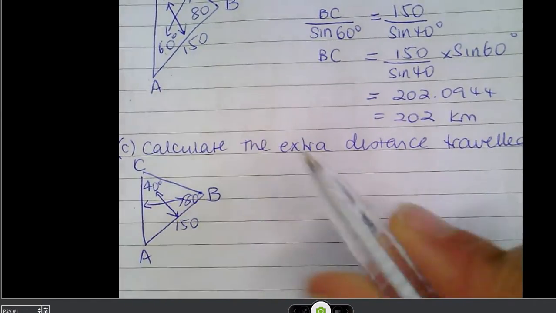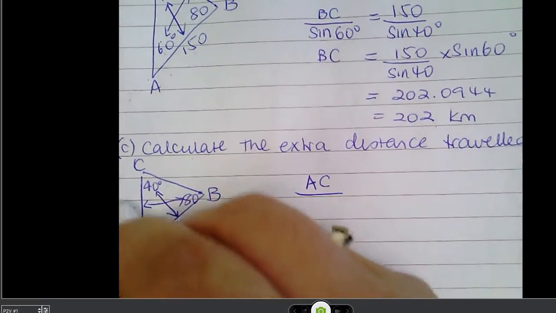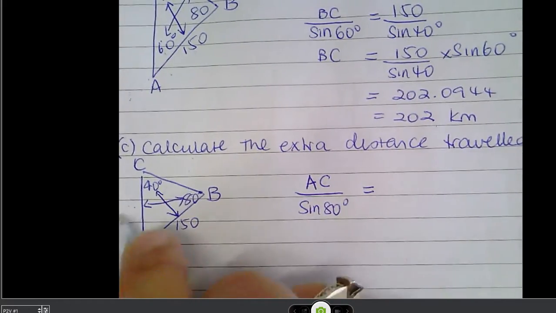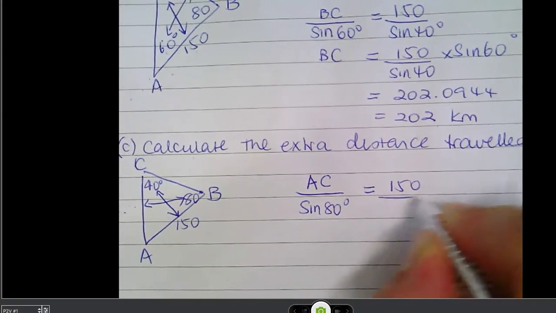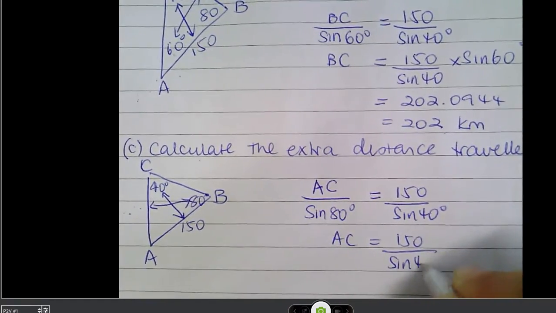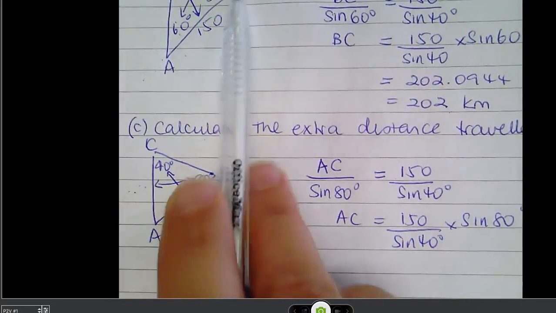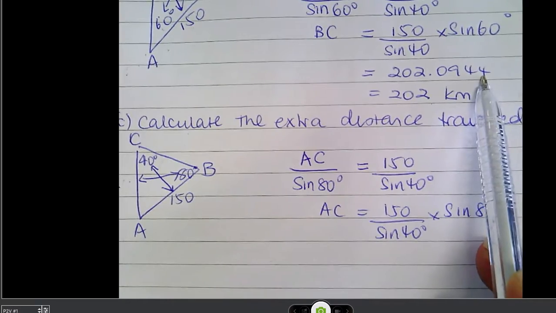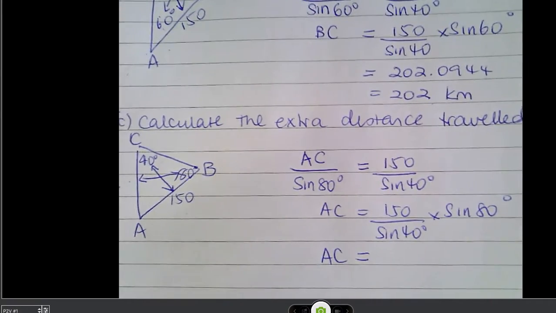So we want to find out AC. AC over, I want this distance, over sine of 80 equals, let's go, 150 over sine 40. They are not rounded. That's why we choose to use that pair. The other pair is a pair, but if you were to use the 202 kilometres and the 80, you'd have to use the non-rounded version of the 202 kilometres. So it's just much easier to use the original data. So therefore AC is,